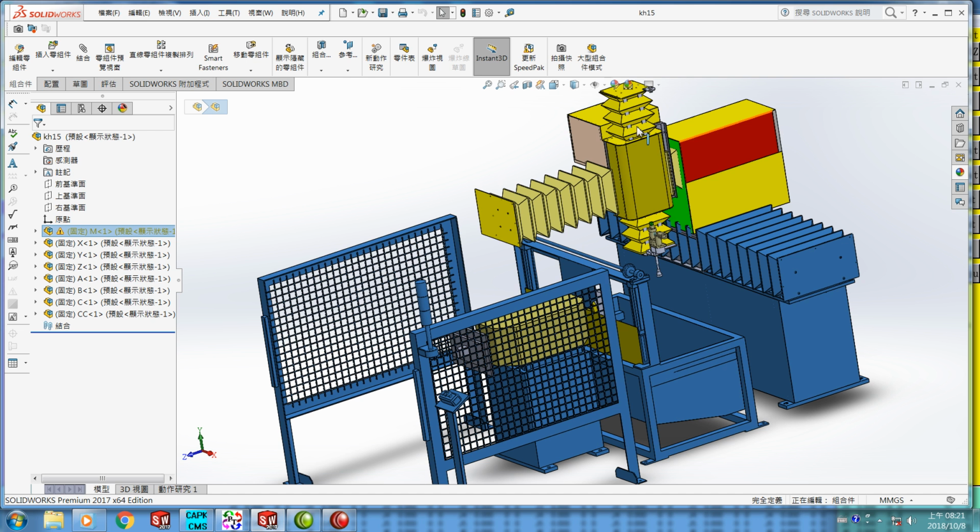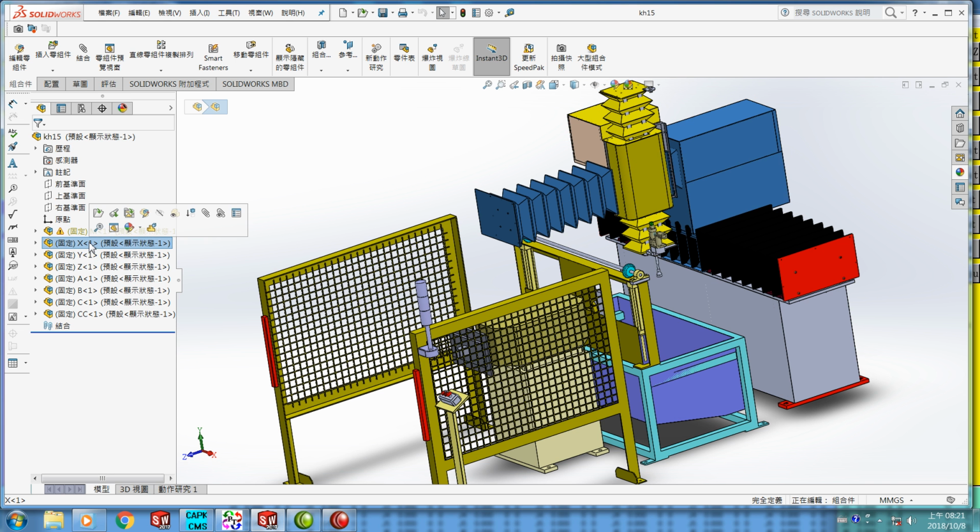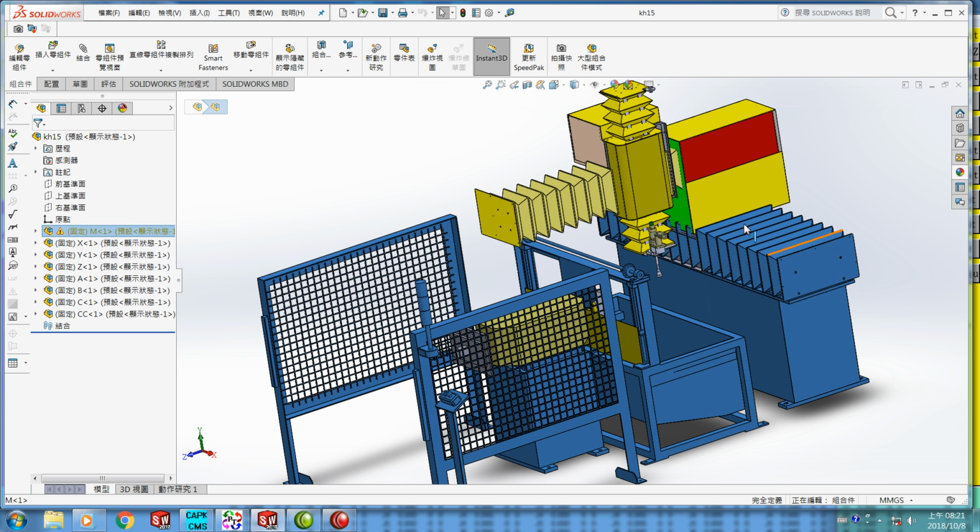The first one is x-axis component, this one, X. The second is the foundation of the first control. The third is the left parts